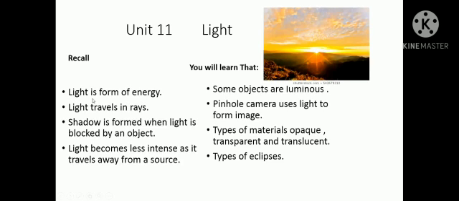Number one, light is a form of energy. Light travels in rays. Shadow is formed when light is blocked by an object. Number four, light becomes less intense as it travels away from a source. On a daily basis, you have observed this point: when the sun rises, the rays become brighter and brighter